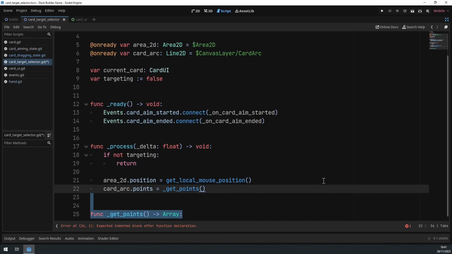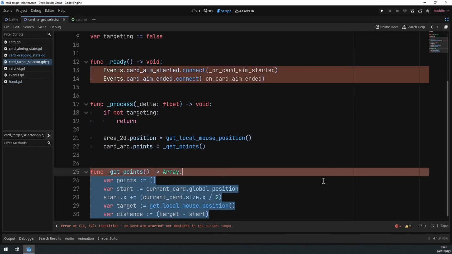The get points function returns an array of vector 2s. First of all, we define an empty array for the points, and then set the starting position to the current card's global position, and we offset it on the x by half of the card's size. Why? Because we don't want the card arc to start from the top left of the card, but rather the top center. We set the target to the local mouse position,